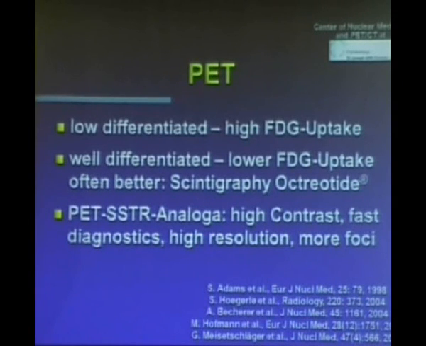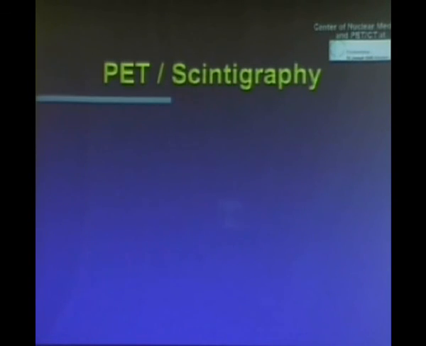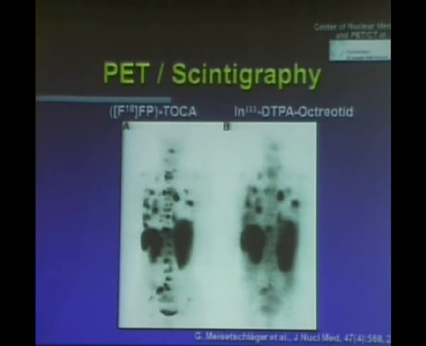And we have to know also that the radiopharmaceuticals for PET have a high contrast. It is a very fast diagnostic: one hour after injection you have the results, and we have a high resolution. But you have to discuss it. If you look at these pictures, comparing a PET scan with an octreotide scan, you can say, yes, the contrast is better. Maybe you can find two or three more metastases, but